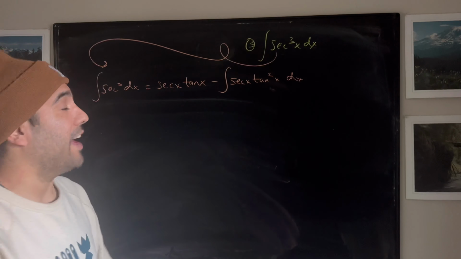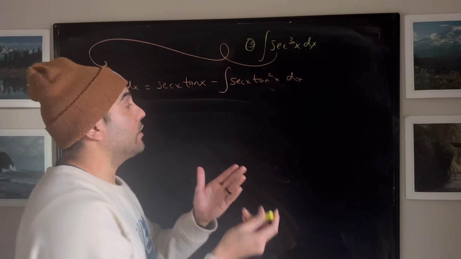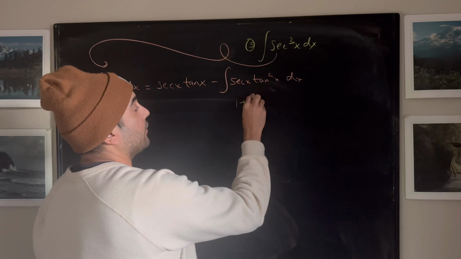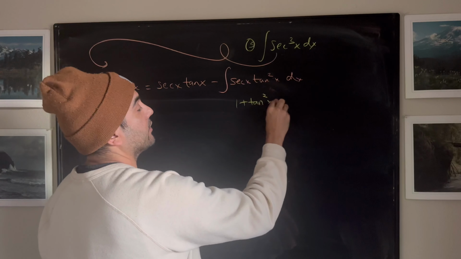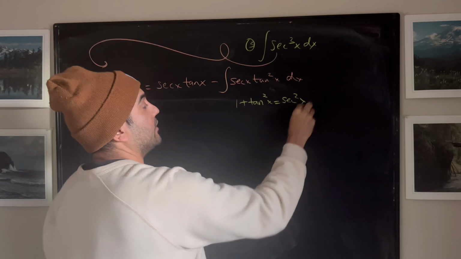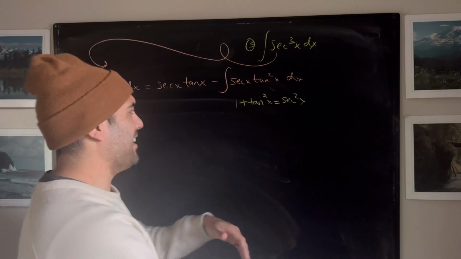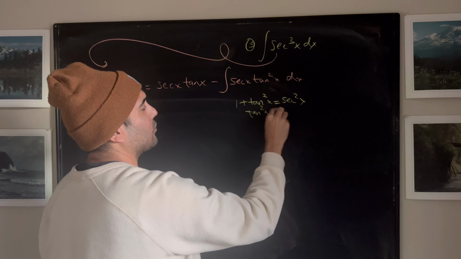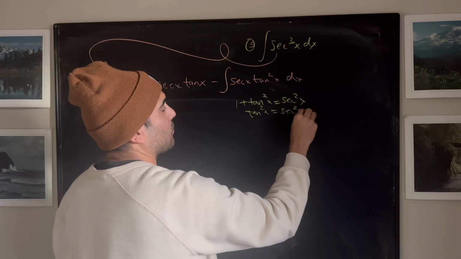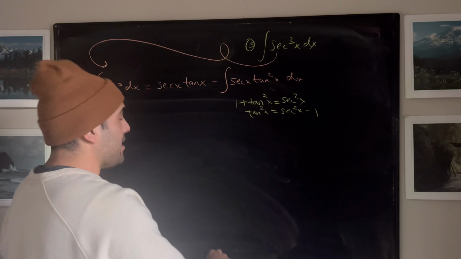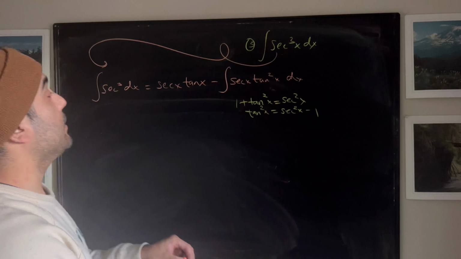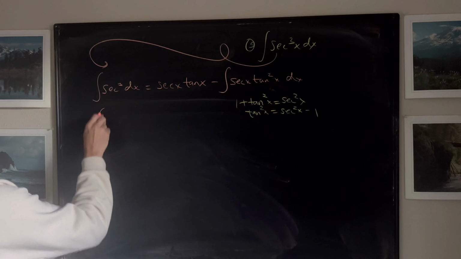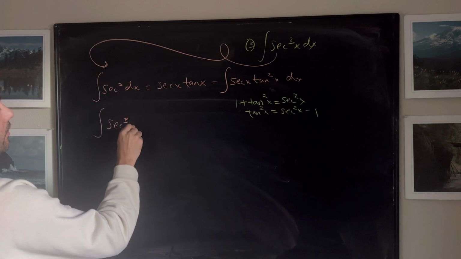But before we do that, keep in mind, we should know this, in my opinion, that 1 plus tan squared x is equal to secant squared x. This is a Pythagorean identity. So let's bring the 1 to the other side, leaving us with tan squared x equal to secant squared x minus 1. Now, why did I do this? Because this tells us this particular integral